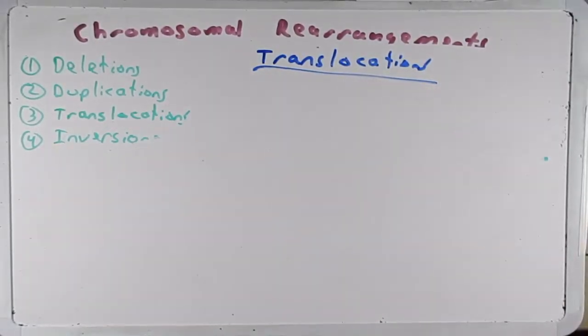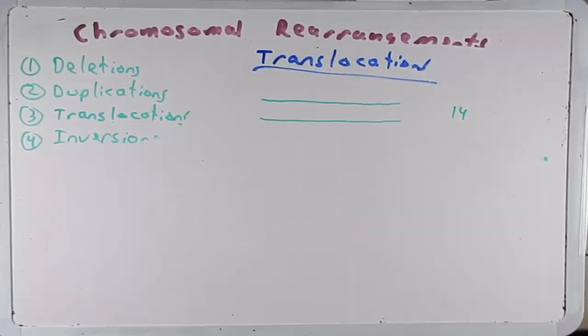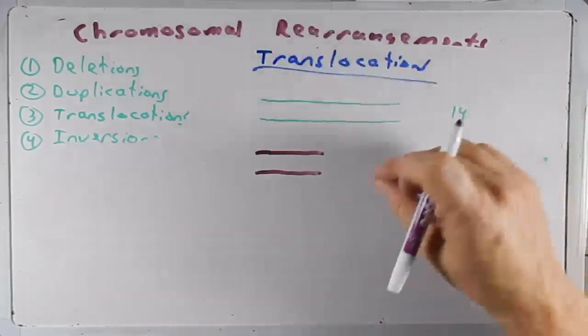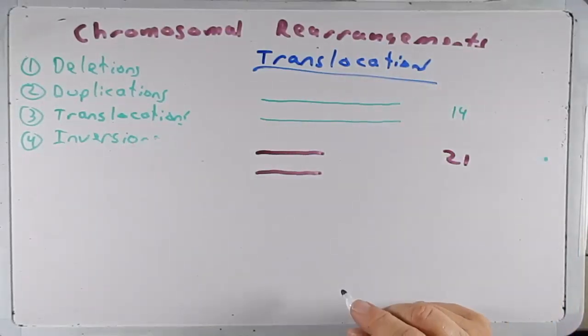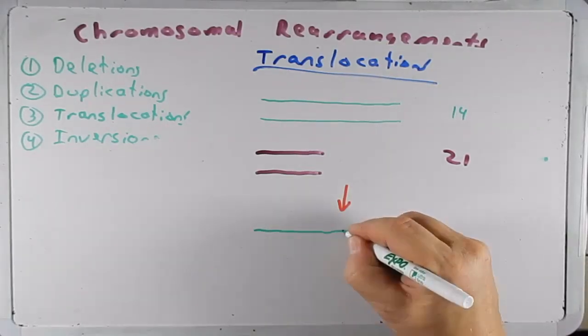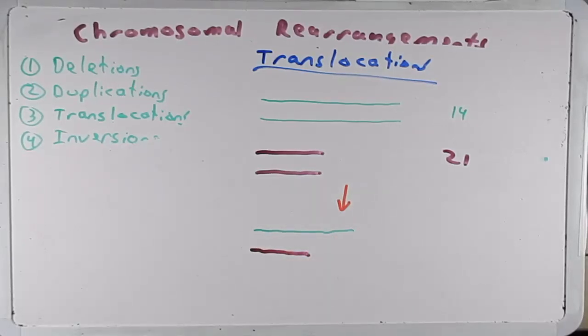And with translocations, let's draw 2 chromosomes. We'll draw chromosome 14 and let's draw chromosome 21. This is what we typically see in a human cell. Now sometimes, due to a translocation, one of these chromosomes, or sometimes it's just part, but let's talk about the whole chromosome, ends up on one of these chromosome 14s. The mechanism we don't need to worry about so much, but the result is this, or could be this, where you have 1 copy of chromosome 14, 1 copy of chromosome 21, and then this translocated copy of 14